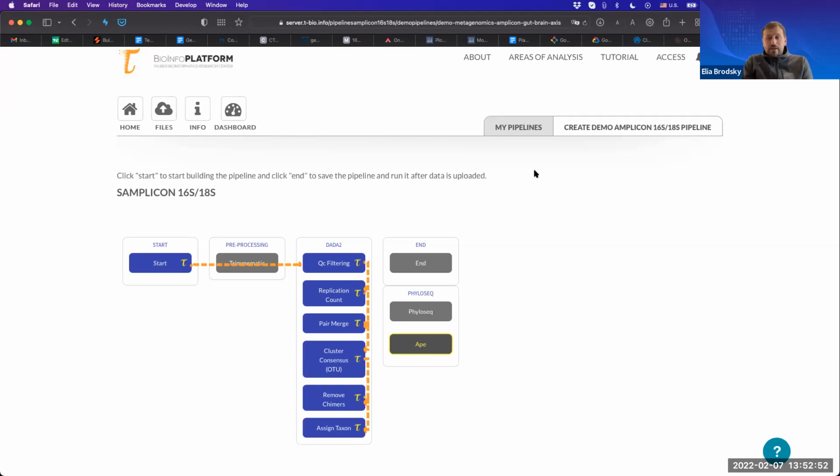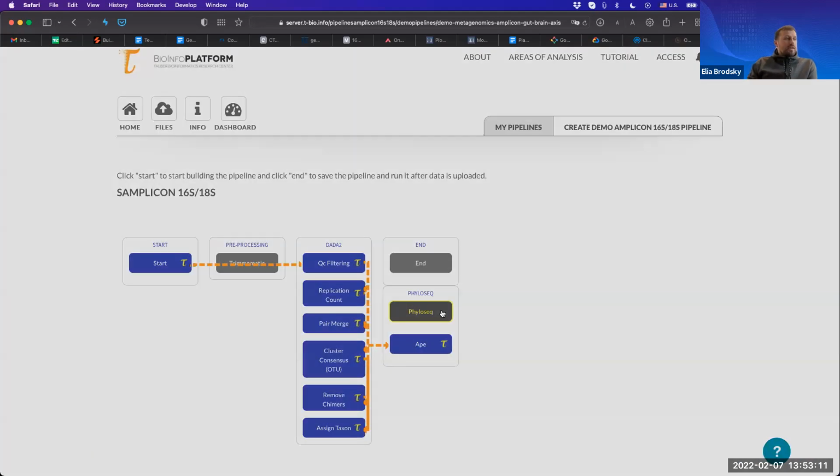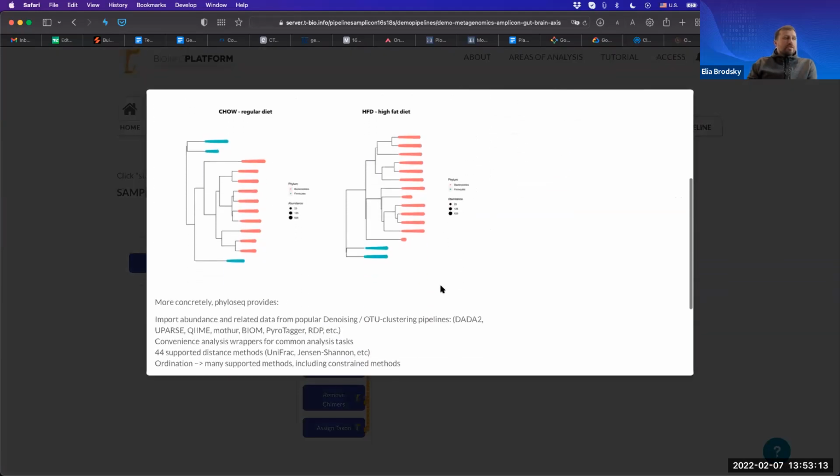Because I have the reference database, I also know the relationship between them. How close are they to each other? Could they be grouped in some way? How far away are they evolutionarily from each other? And then I can perform downstream analysis, which includes building that phylogenetic relationship with ape, and then visualizing the results